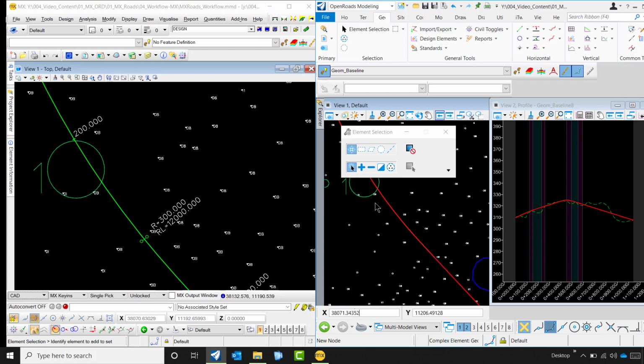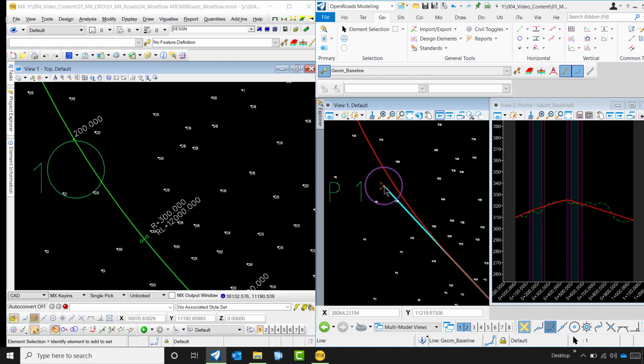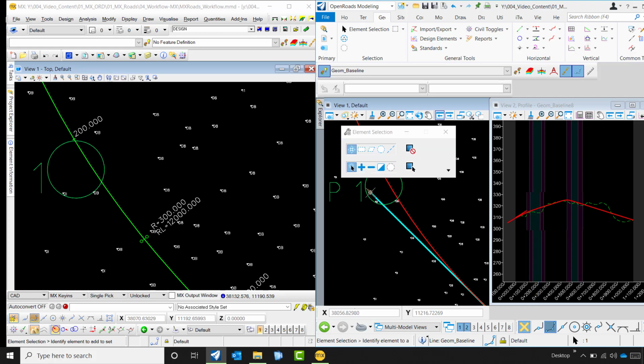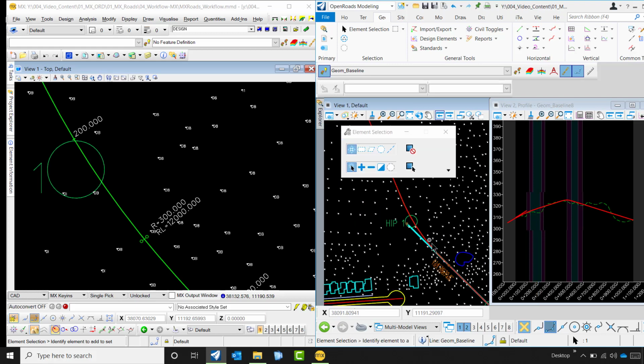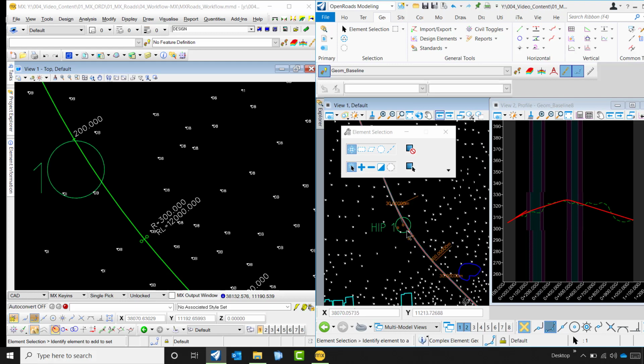Not just the curve radius, you could also edit the IP points of the elements created. Change the IP point. Now if you see, the IP point has been shifted and the curve radius has been adjusted accordingly.